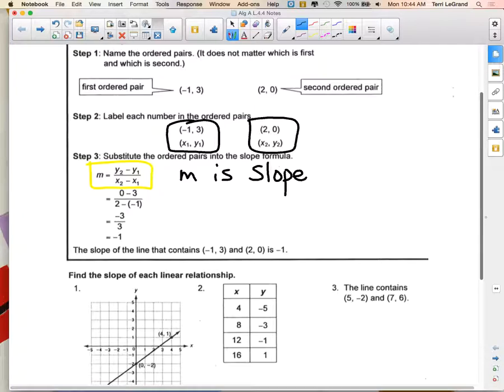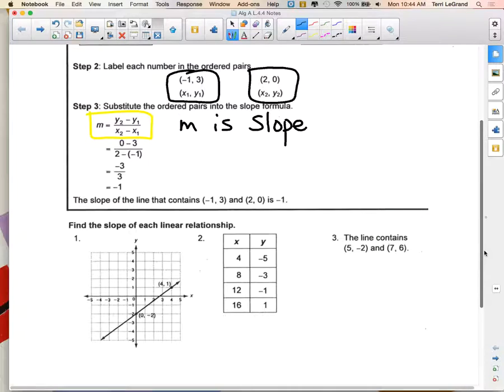So in this case, they called ordered pair negative 1, 3, their first point. And below it, notice what they did. They wrote x sub 1, y sub 1. And that's what we're going to do. And then the other point, ordered pair 2, 0, they called that one their second point, x sub 2, y sub 2. Then they substituted into the slope formula. Let's put an M there. M equals